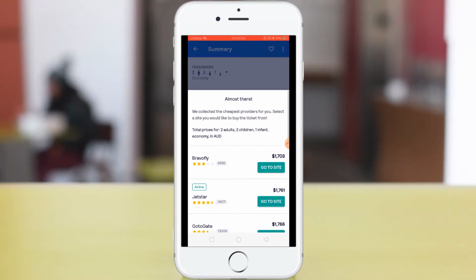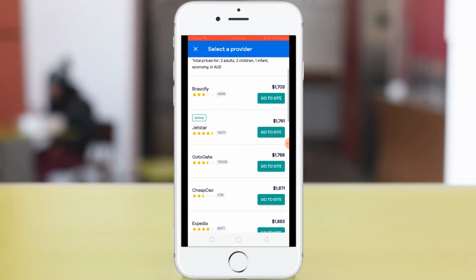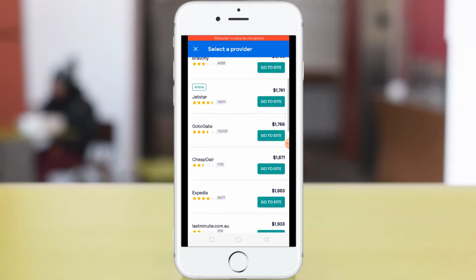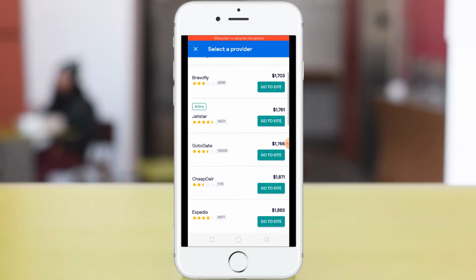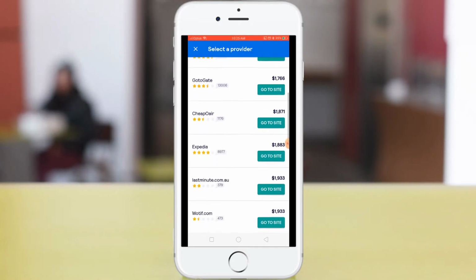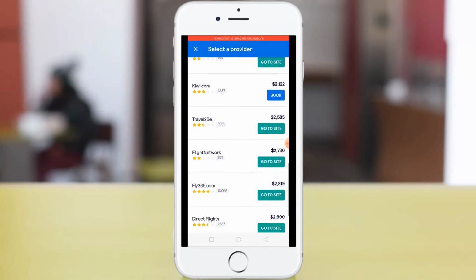Okay, and then it brings up all the different companies you can actually book through. Okay, so at the top is Bravo Fly, which is the cheapest. You can actually go direct through Jetstar. So whatever I guess you feel comfortable with. It's got the different websites